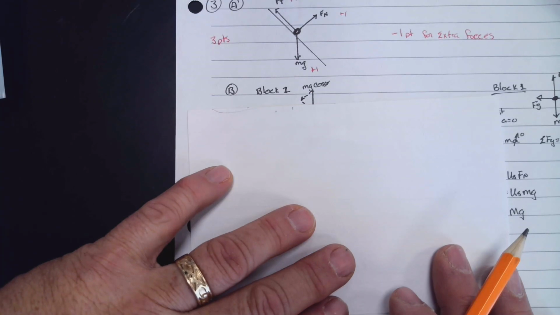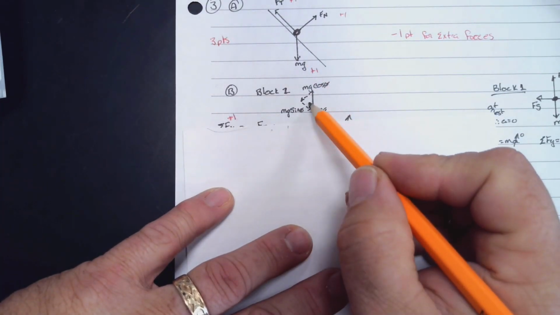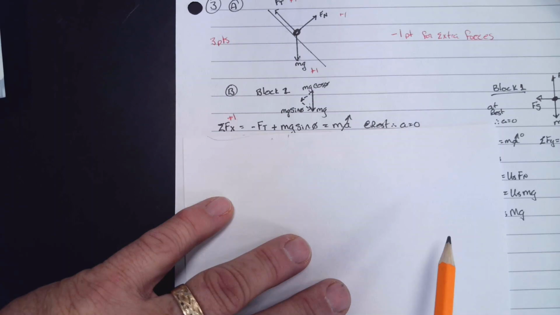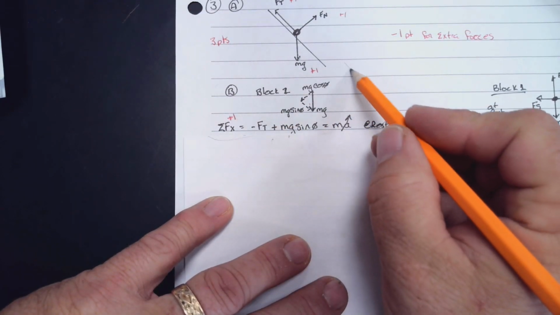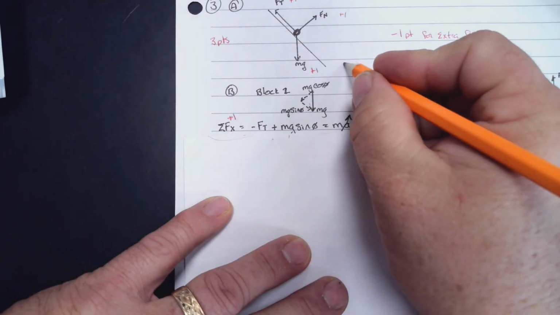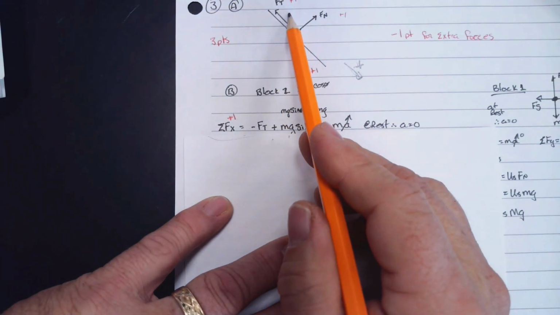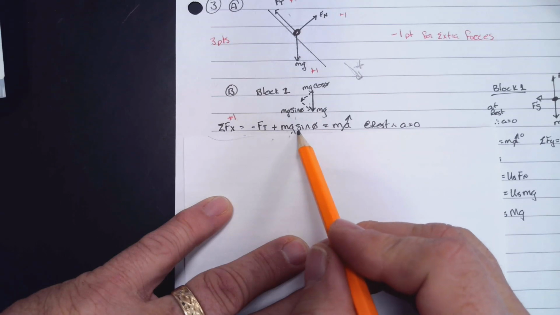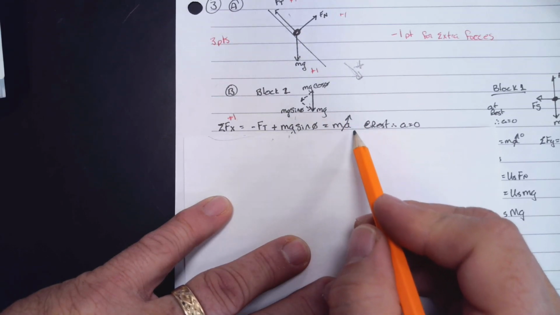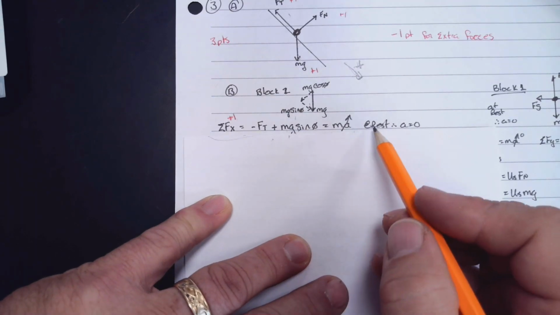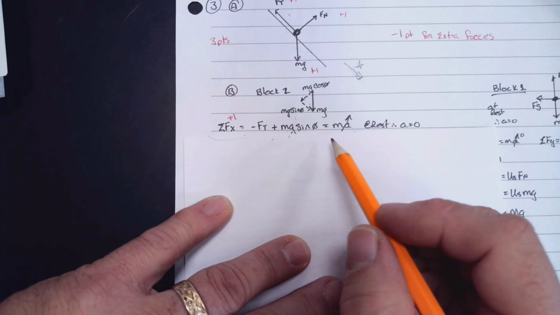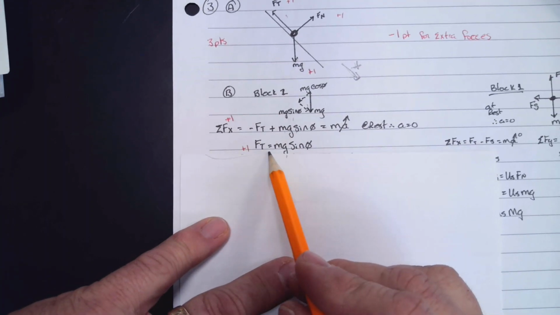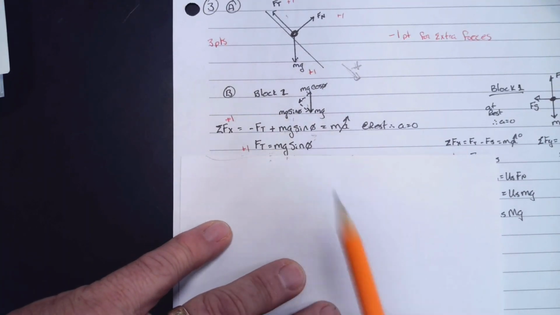And I'm going to do block 2 first. I know I have to break this tension down into my x and y axis. I'm going to say that going down is positive. So I've got to subtract my tension. I'm going to count just the portion that's going this way, so that's positive. And it's at rest. We want to know at what angle we can use that maximum friction of u sub s, which is on the horizontal block right there. So if I just rewrite this quick, I don't know this angle, that's what I'm looking for,